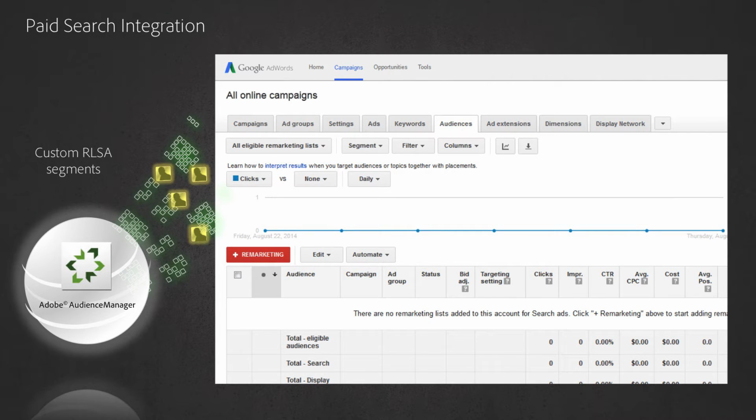These remarketing lists for search ads are going to be what every search conference is about for the next few years. And through the integration of Audience Manager and Media Optimizer, we can begin taking advantage of them now and be one of those first movers that doesn't just target search in general, but remarkets to specific audiences.